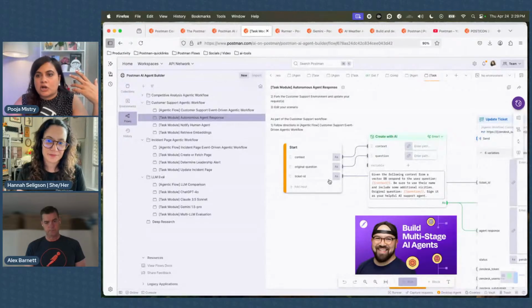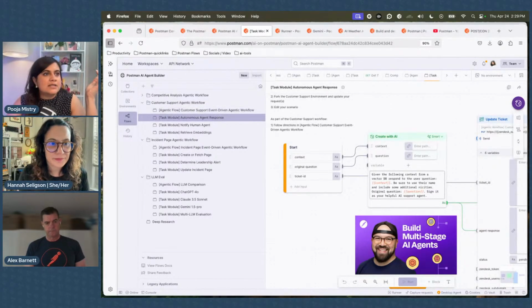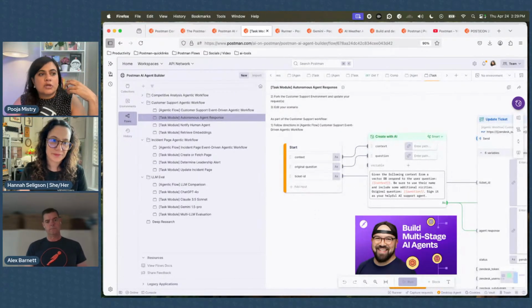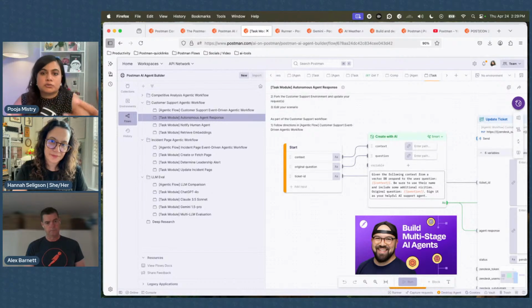I don't have the API keys here to get this going, but I have another example that's a little bit simpler. The idea of customer agents is that we use the customer tickets to retrieve some metadata, and we're building a template for how you would handle multiple different tickets.